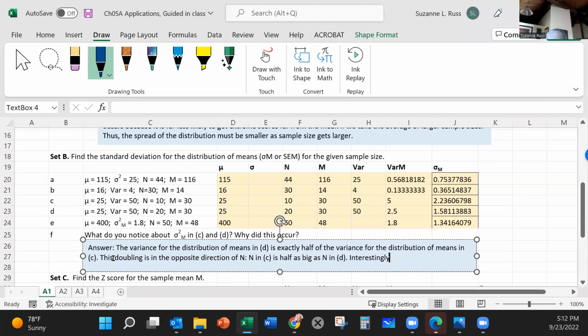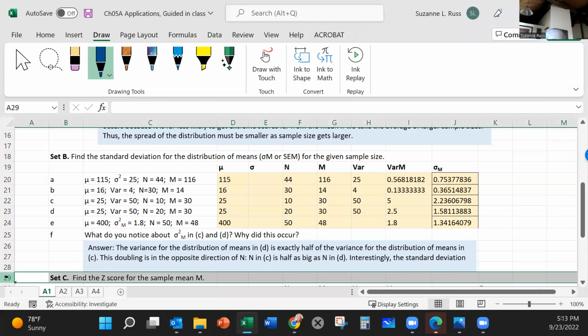Interestingly, the standard deviation for the distribution of means, remember you can abbreviate this SEM, which is much easier to type, is not following the same doubling pattern. This is because the square root needed to obtain SEM